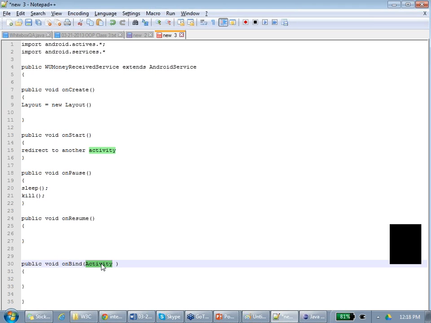Everything is an activity, so I can bind to any activity. I am not hard coding my signature. By using the base class reference, I can bind to any activity. That can be Gmail activity tomorrow. That can be Western Union activity. That can be some other activity. Understood? So I can bind to any activity. Am I clear? If not, you'll get it later. That is the reason for using base classes. That is the beauty of polymorphism.